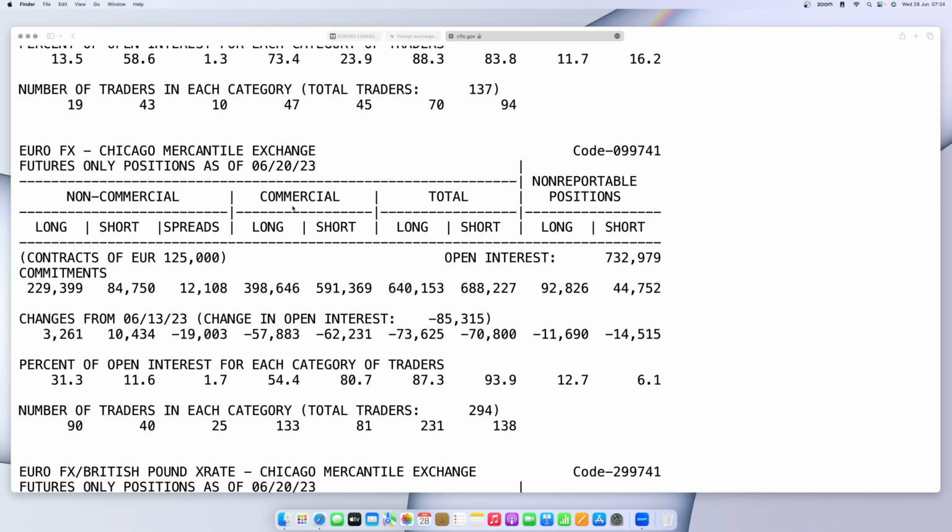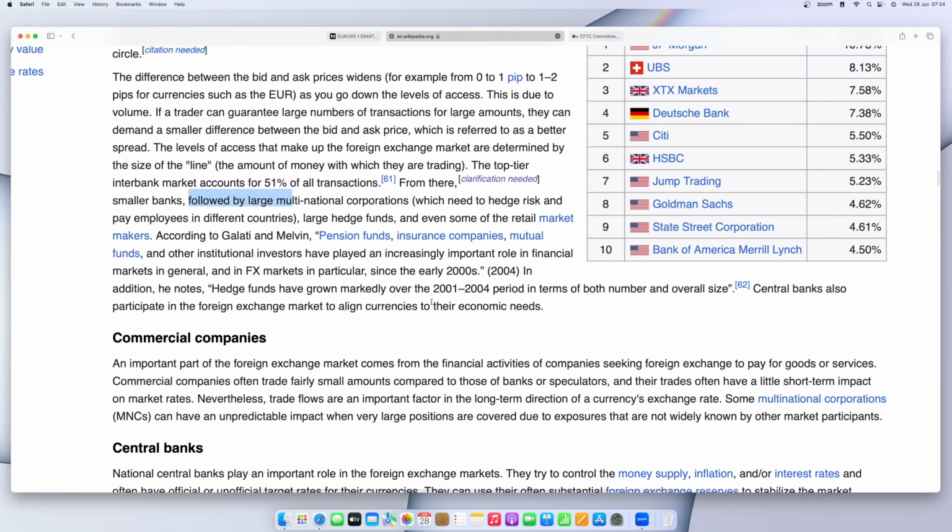And then the commercials, we have long, short, and then total, we have the long, short, and then non-reportable positions, long, short. Now, these commercials, just like I said, are commercial companies that trade Forex just to hedge, right? It says the trade seeking foreign exchange to pay for goods and services, right? They just want to balance up